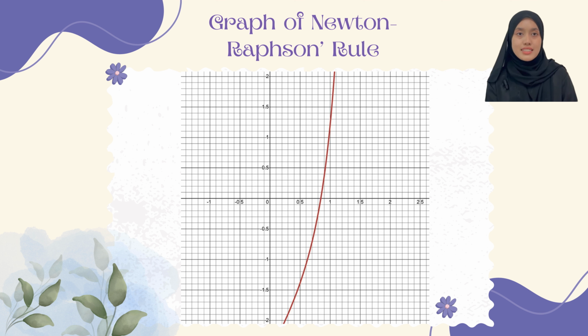From the graph, we can see that the curve is increasing smoothly. This shows that our function is suitable for the Newton-Raphson method, and our chosen starting point is close enough to the actual root. So, through this graph and calculation, we can conclude that the Newton-Raphson method is effective in finding the root quickly as long as the function is continuous and the initial value is chosen wisely. That's all for the explanation of the graph.